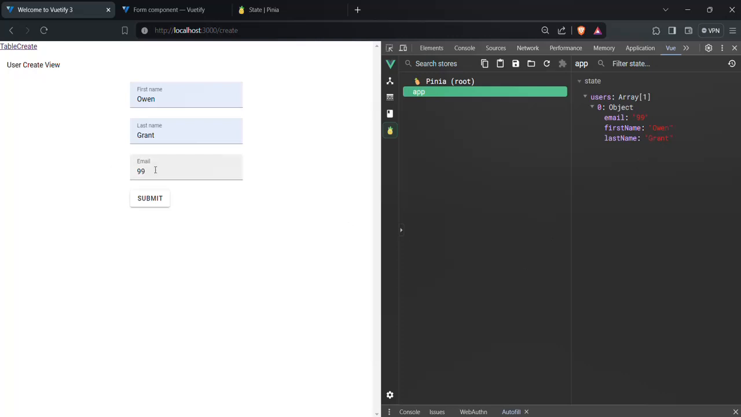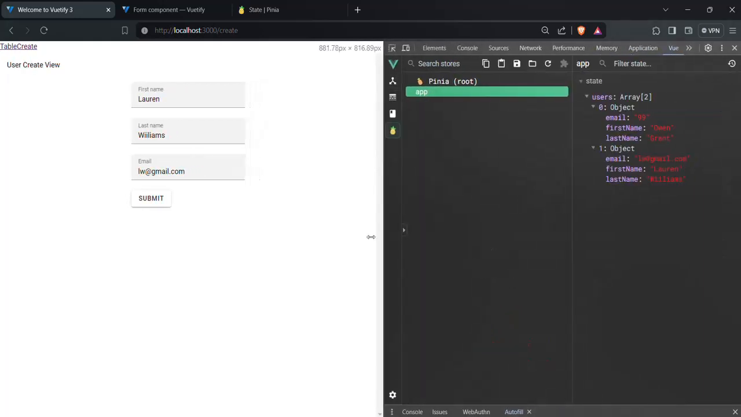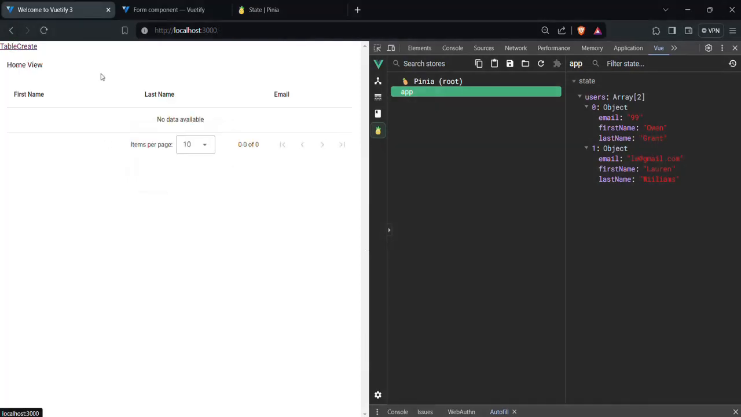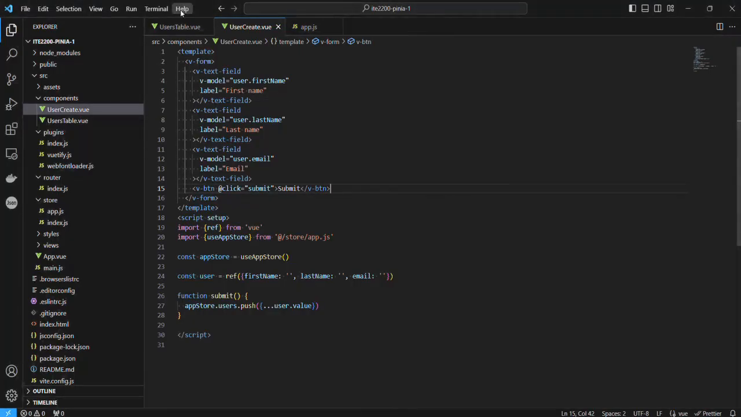Now, I can then load this same information now in lw@gmail.com, right? And as you can see, another one is added. Now, this store information can be accessed from any application, all right? So for any component within the application. So let's come now to the home component, the one that has a table, and load the store into the table, all right? So we come here,